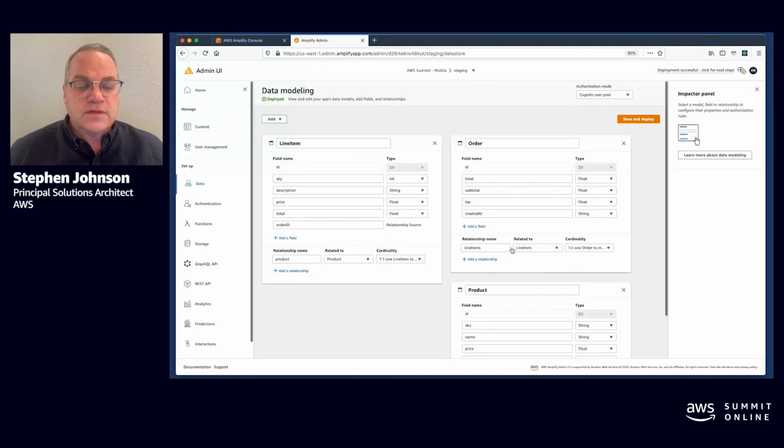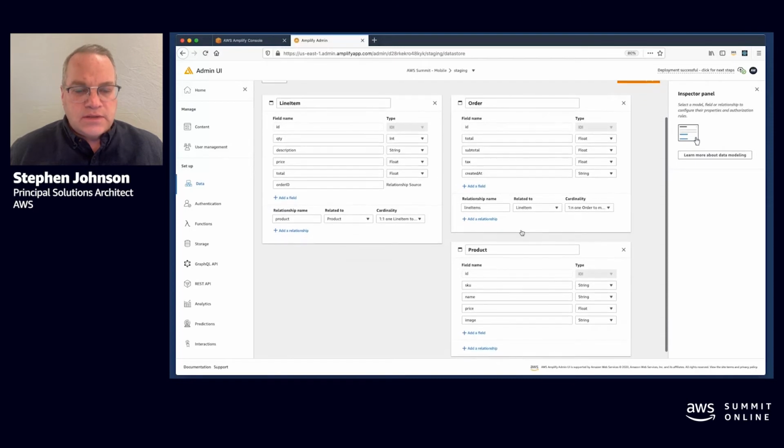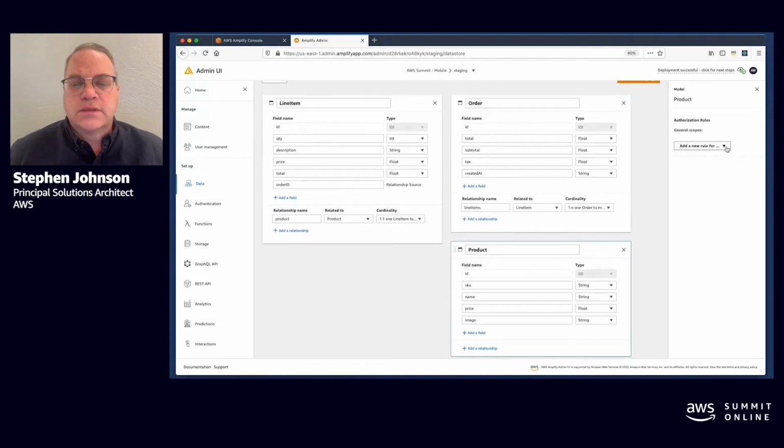And you can see here, that's a significant change. We're going to confirm it. And now we have access to authorization within the admin UI. So I can go ahead and click on, let's see, let's go down to product, and I'm going to create some authorization rules, okay? And since this is public information, the product, basically our menu, we can say any signed in user has the ability to read that data, right?